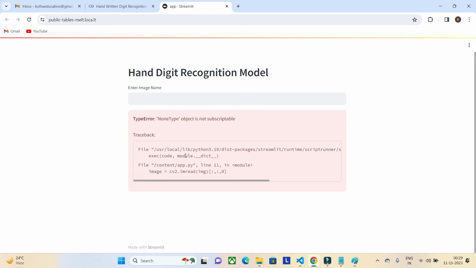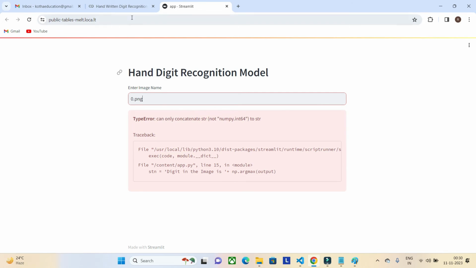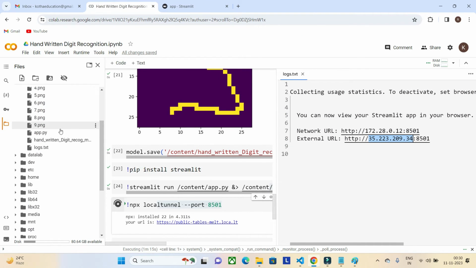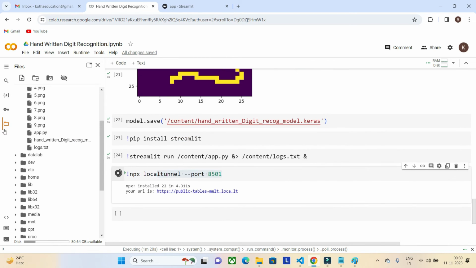It is not having any images, and that's the reason it is giving this message, 0.png. I have to convert it to str. Where is app.py? Let me close this one, we don't need that.